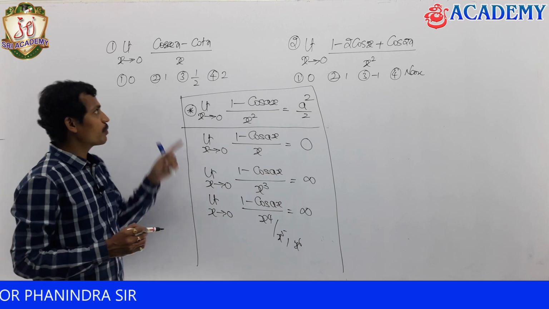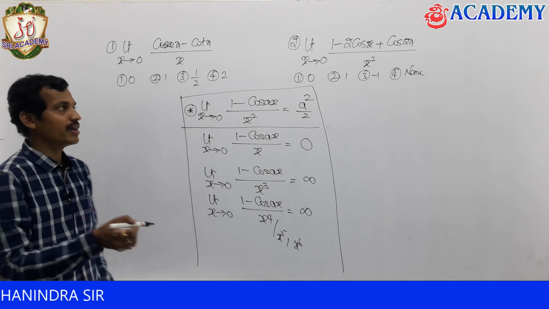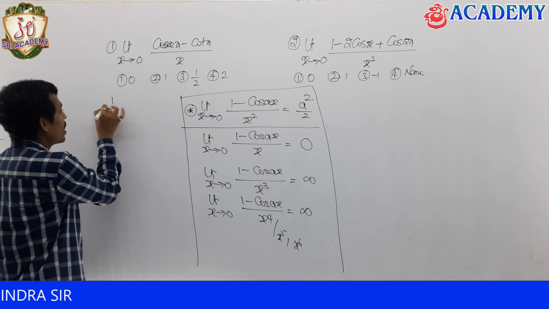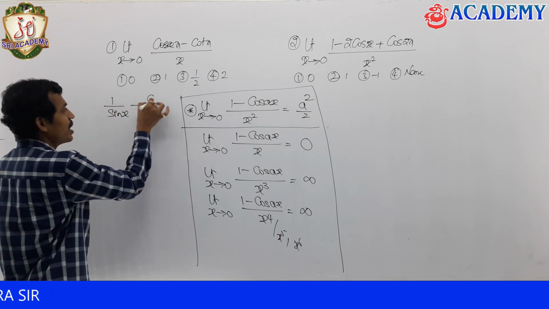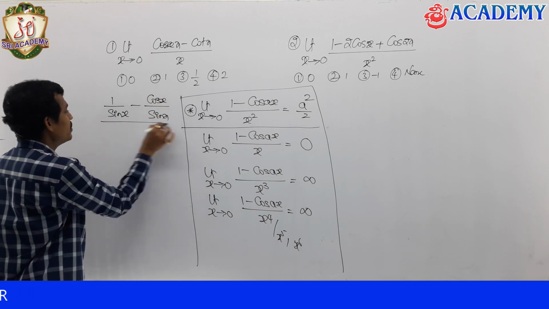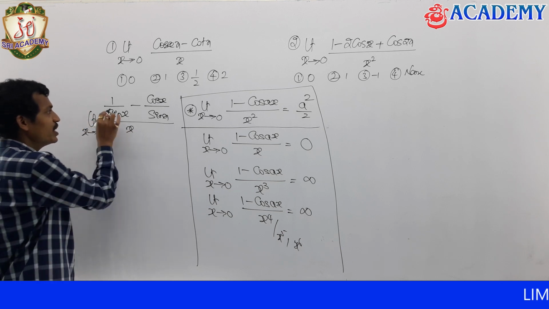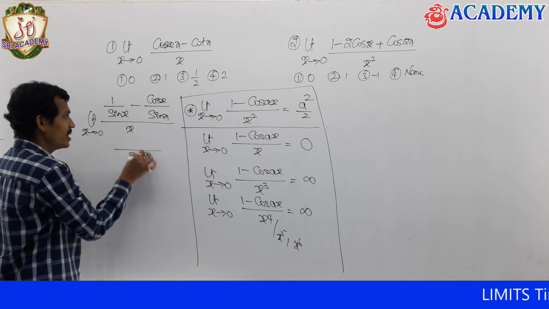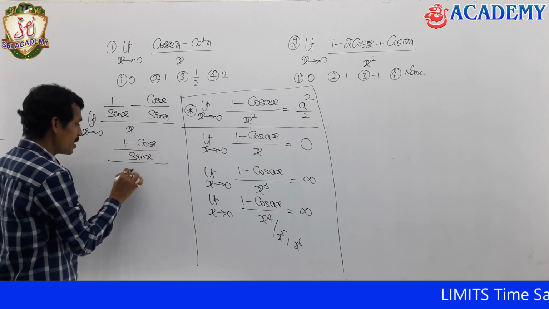See, I will solve this problem. Now see, limit x tends to 0 of (cosecant x minus cot x) by x. Cosecant x in trigonometry is nothing but 1 by sin x. Cot x is nothing but cos x divided by sin x. In the denominator we have x, and you have to apply limit x tends to 0. In the numerator, if you take the LCM, it is going to be sin x. The denominator is the same, so you will get 1 minus cos x, and in the total denominator you will get x.